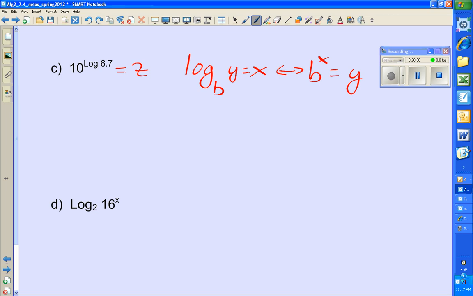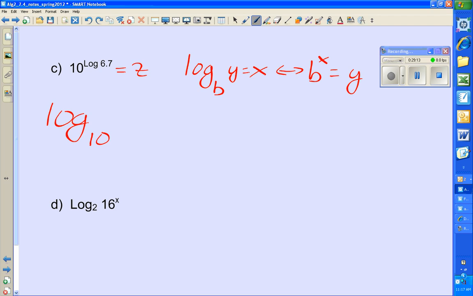We have the right-hand side. What's in the b spot? What's in the x spot? And what's in the y spot? Now I want you to take those blocks and put them in these holes right here. So I want to say log base 10 of,